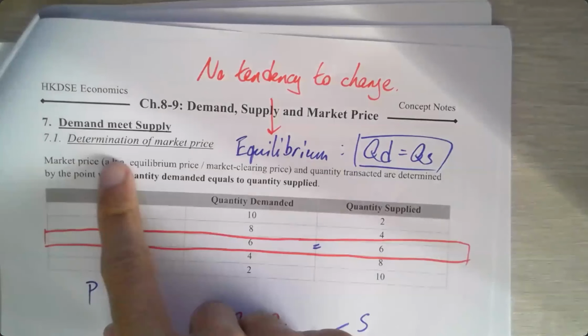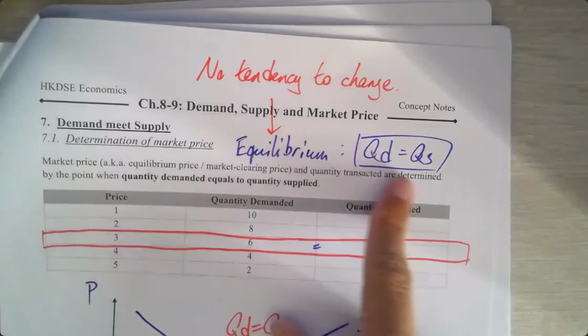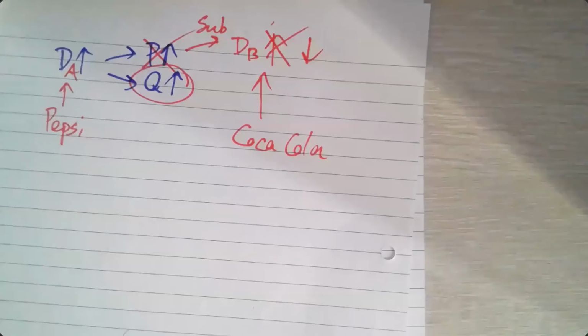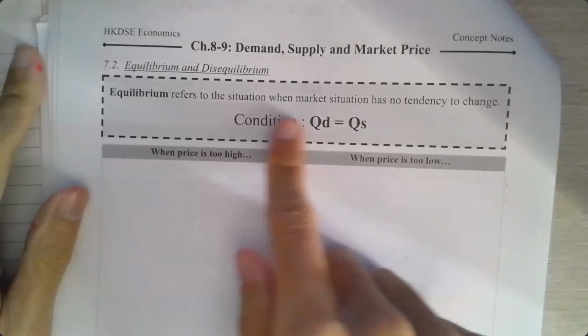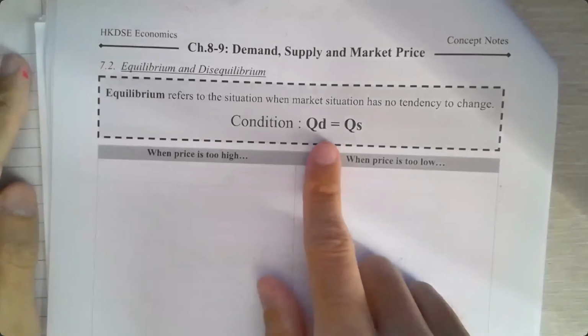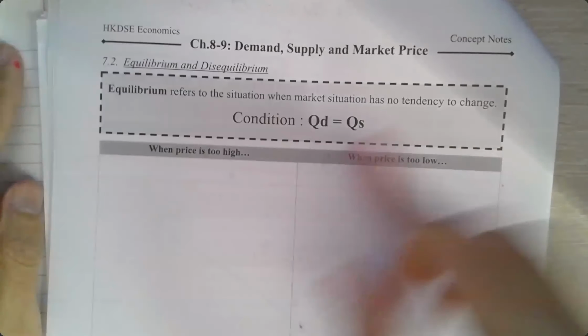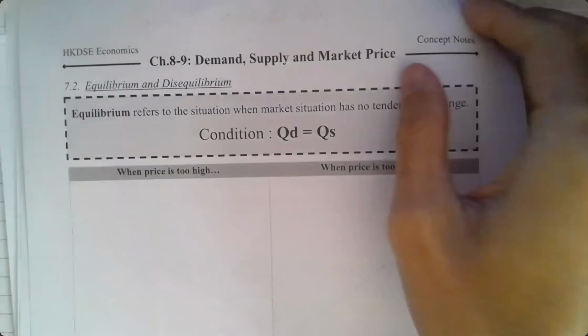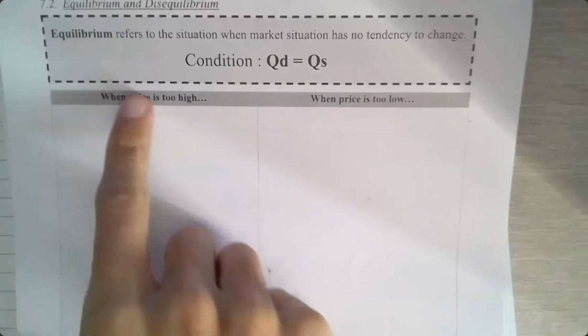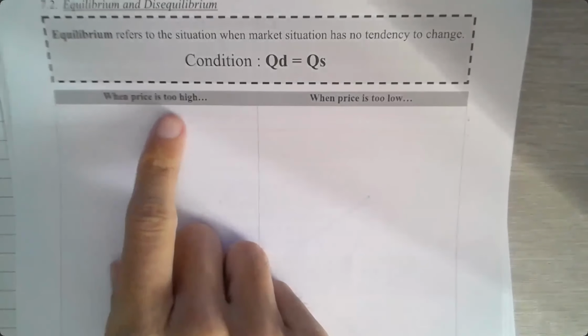We are more concerned with the price more than the quantity. OK, 好嘛？我哋望下咩情況啦？Next page。嗱，我哋講咗啦，equilibrium no tendency to change. The condition is QD equals to QS。好啦，咁如果 QD 唔對 QS 發生咩事咧？